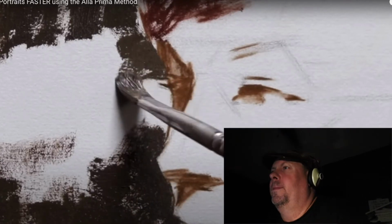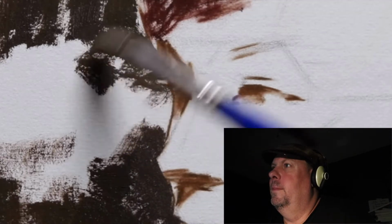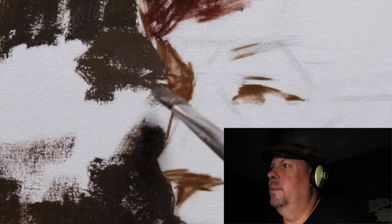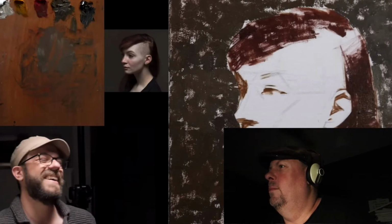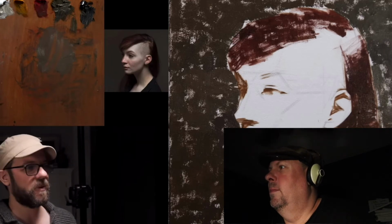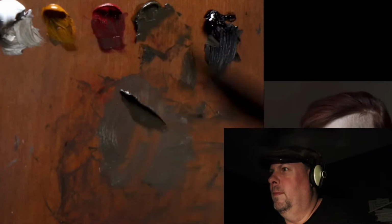All right, let's skip ahead a little bit, guys. Just because I know later on that shadow there is not going to be really, really super dark, but I do want the darkness of it to stand out versus the background. Right, so look at the stark whiteness of the canvas, right? 110%, that's the next thing we got to get rid of, is that super, super bright white poking through. To do that, I'm going to grab my palette knife for the first time, just for the sake of it, right? I'm going to mix up what I've...